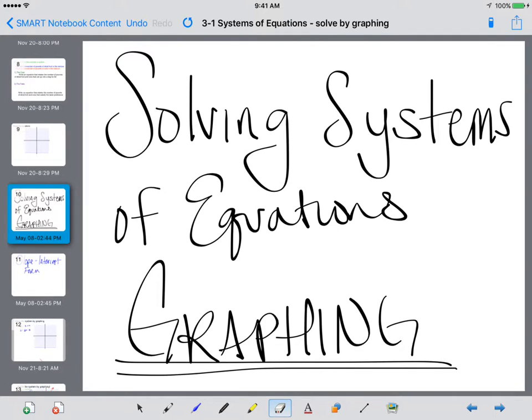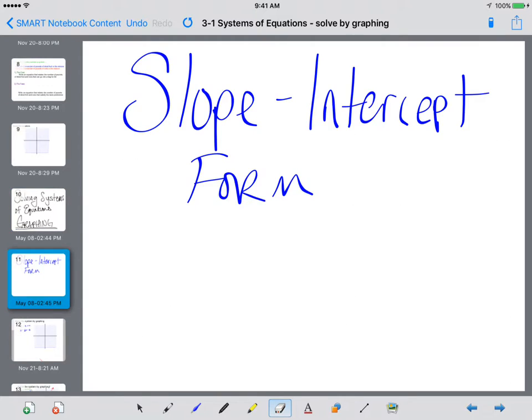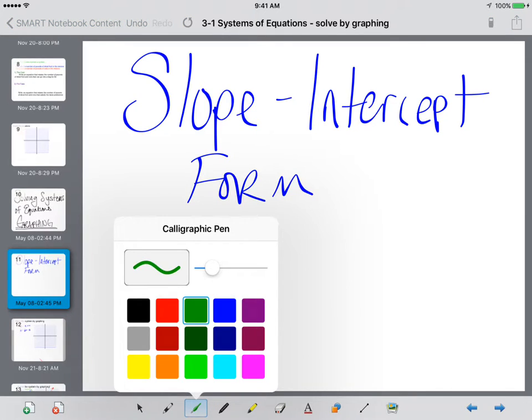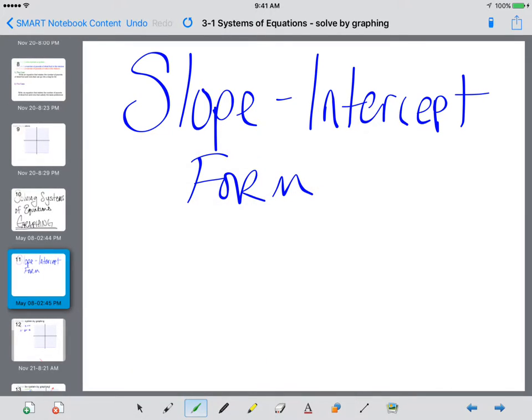In this lesson, we're going to give a brief overview on how to solve a system of equations by graphing. To graph a line, typically we like to see it in slope-intercept form. So let's review what slope-intercept form is. It is where we have an equation in the form of y equals